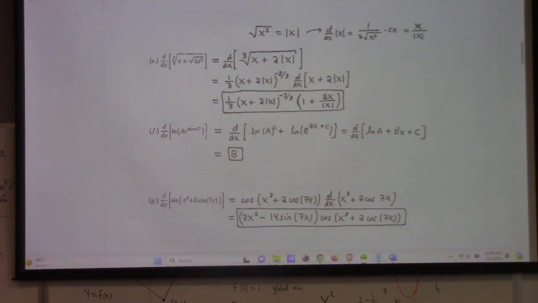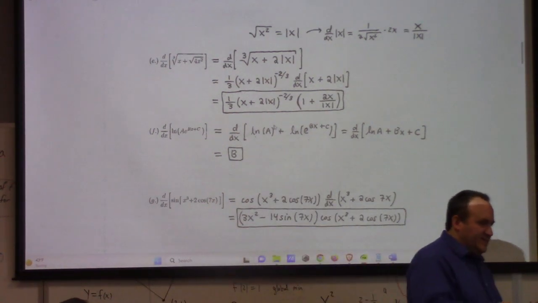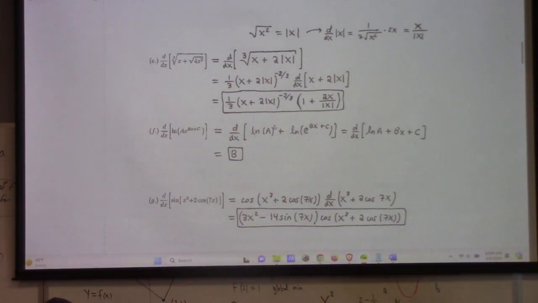So now listen, you got part E wrong. That's okay. I can understand why you might not have noticed the derivative of the absolute value function. It would be easy enough to have missed that. I do think there was a problem on the math battle concerning this issue. But if it looked to me like you were doing things right, but you just weren't aware of the fact that the square root of x squared is not x, it's equal to the absolute value of x,